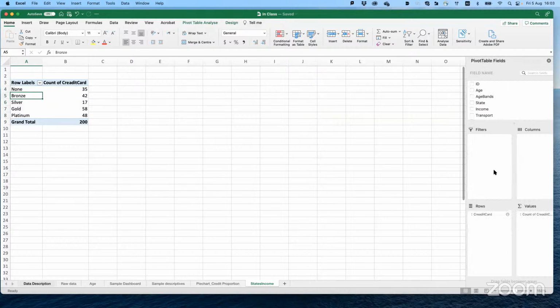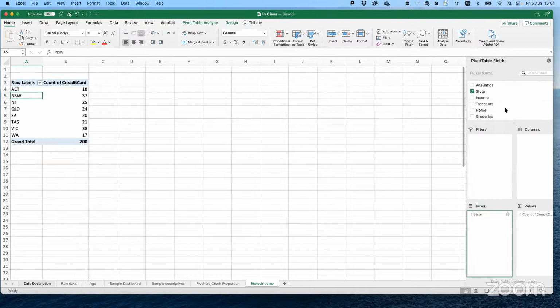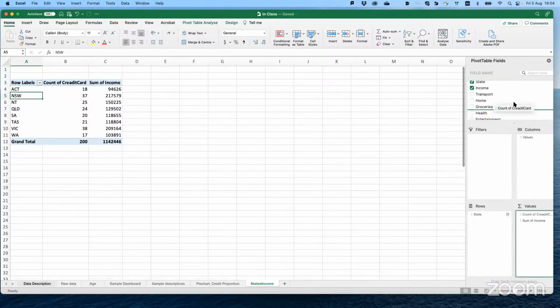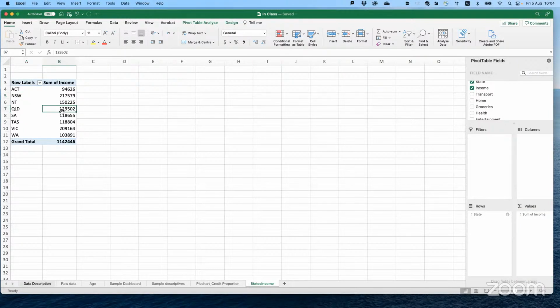So, and then we need to change our pivot chart. I said that I want to have the income for different states. So I'm going to add the states to rows, remove credit cards, and add income as the values, and remove count of credit card as the value. So it shows something like that. So we have state in rows, sum of income in the value. It doesn't give us enough information. It talks about the sum of all of the income. We don't need the sum.